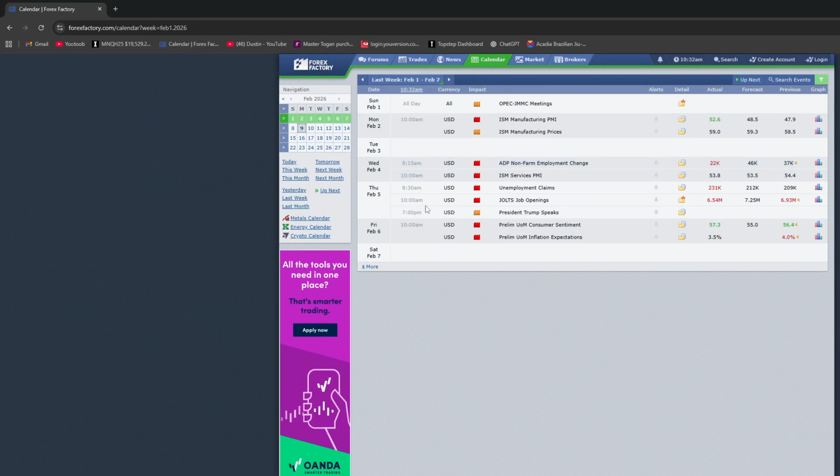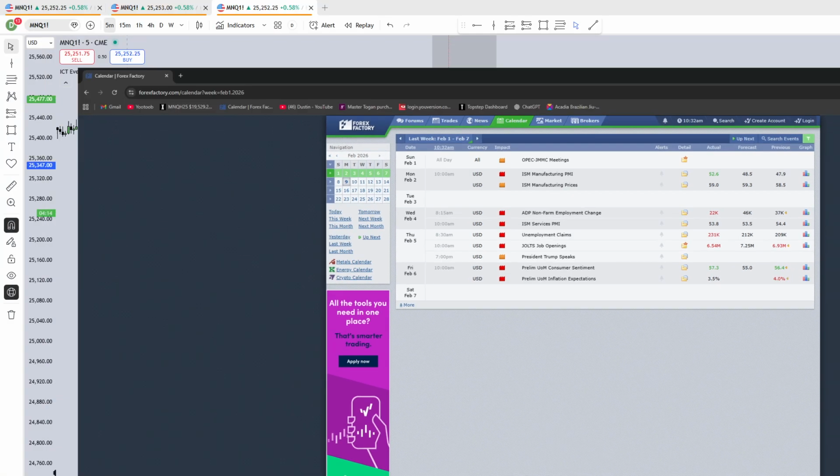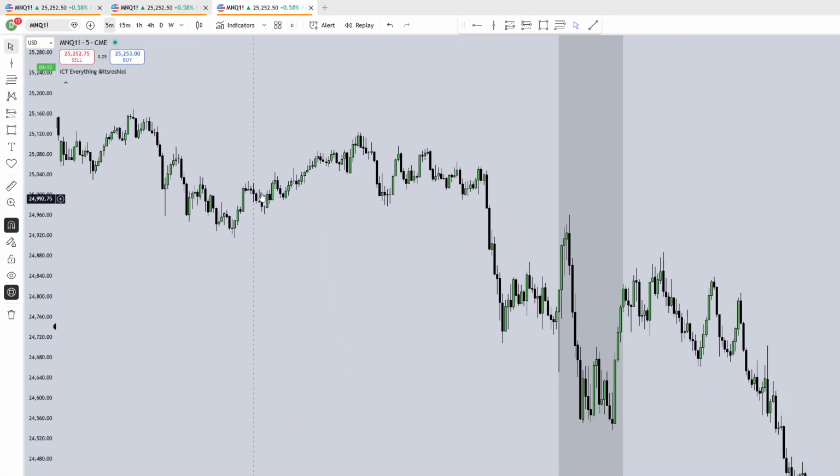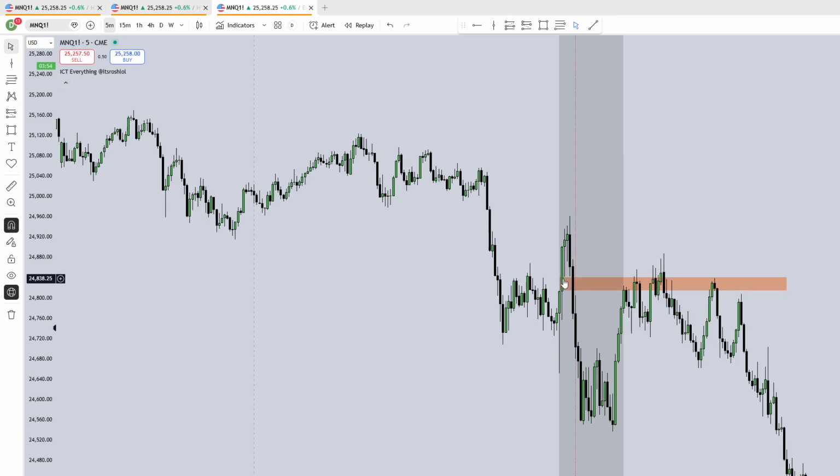Now our next possible day is Thursday the 5th. So same thing, 9:30 we displace higher. I just want to draw that out in time so you can see how this reacts in the future. So I'll put a vertical line to delineate the news for that day. Notice I'm not entering. This is a valid model